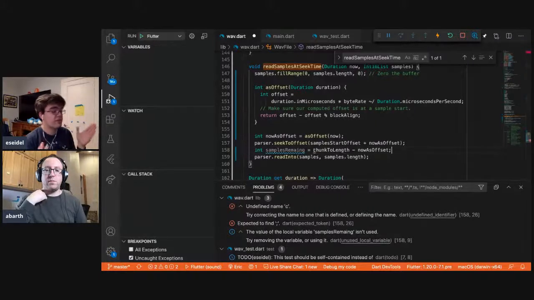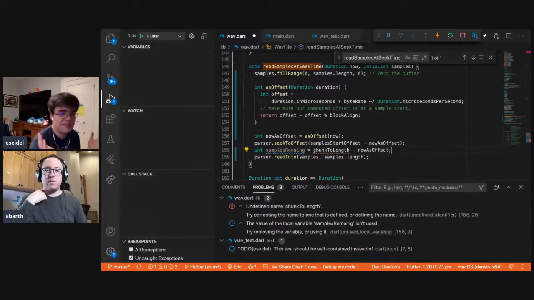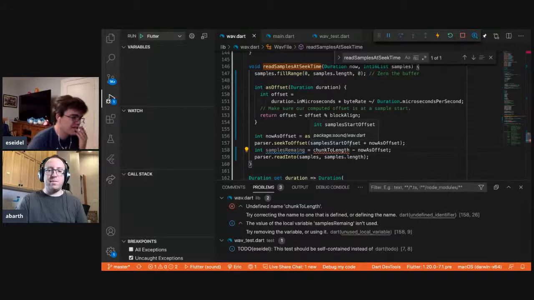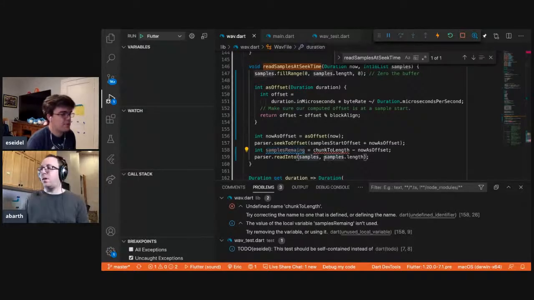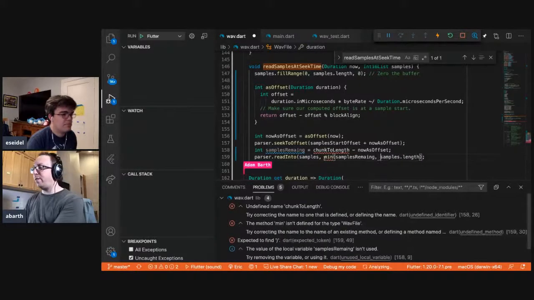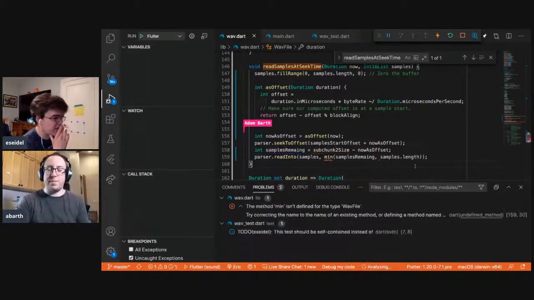So we have two different competing versions of relative coordinates: relative to the start of the samples, relative to the current parser place, and then those are competing with absolute. So this got a little messy. I'm going to fix up your variable name if I can manage to do this. Was it bending your brain? Oh, I see, it was bending the analyzer's brain.